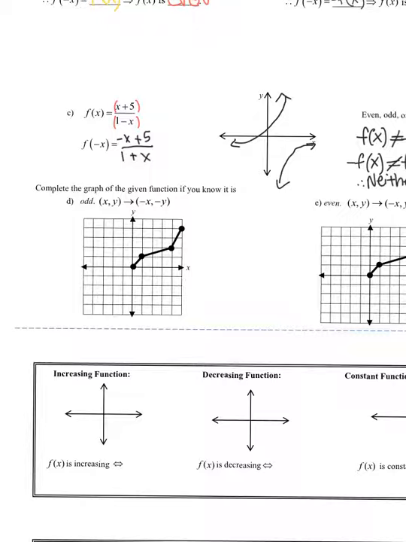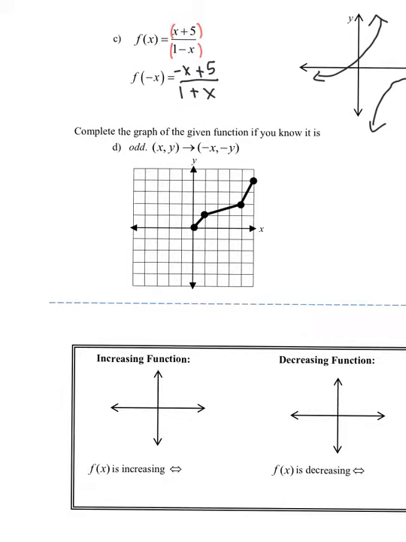So, exciting stuff. All right, looking at the next part, we've got to complete the graph given the function you know is odd. So for odd, we know that f of negative x equals negative f of x, or from chapter 1, we can remember that if I plug in a point x, y, the corresponding point is negative x, negative y. So if I have a point on my original graph that is 1, 1, then the corresponding point with symmetry would be negative 1,